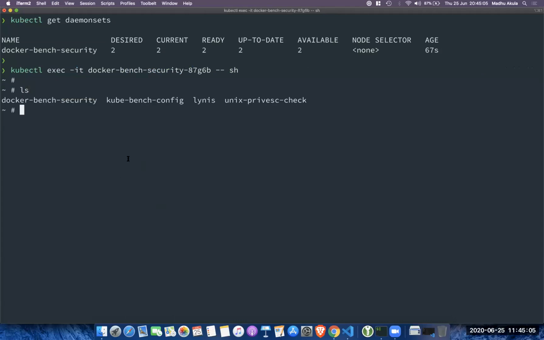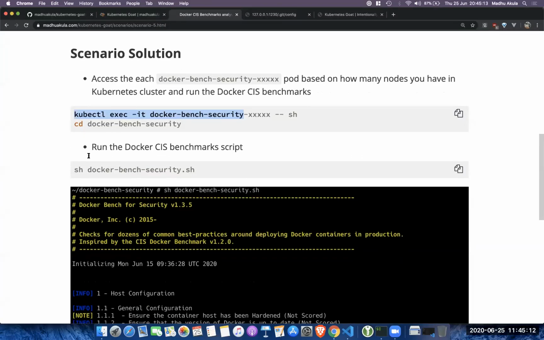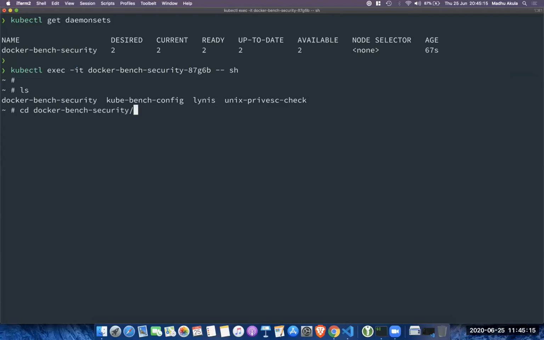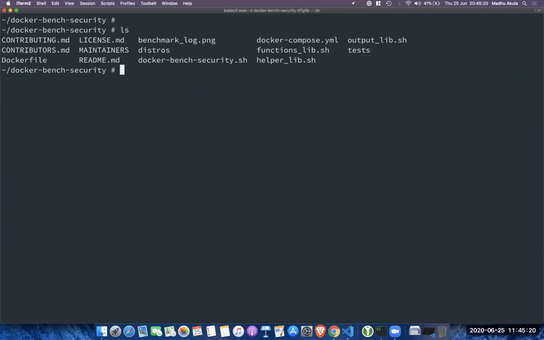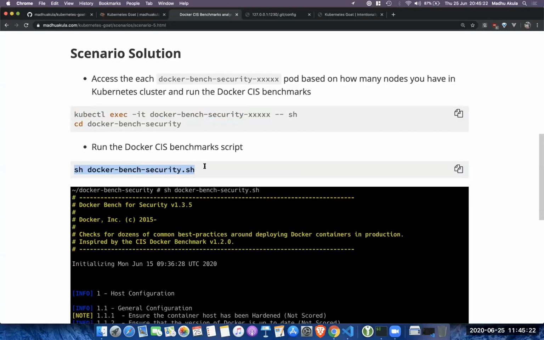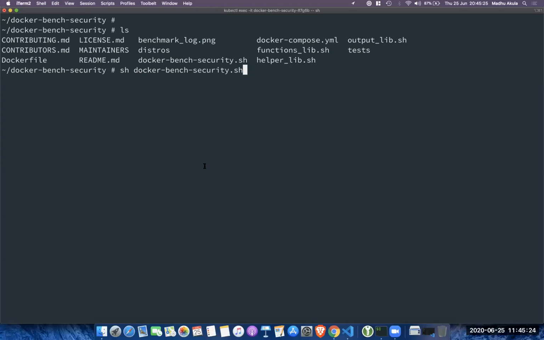As you see, again, this is a hacker container. I'll come back to what exactly the hacker container is. The hacker container has a bunch of utilities, so Docker bench security is already part of it. You can see Docker bench is available. So I'll go ahead and run the Docker bench security in the system. Because the current daemon set is designed in such a way that it is mounting the Docker socket and all the resources from the host system, we are ideally running the entire scan from the pod on the host system in the Kubernetes cluster.